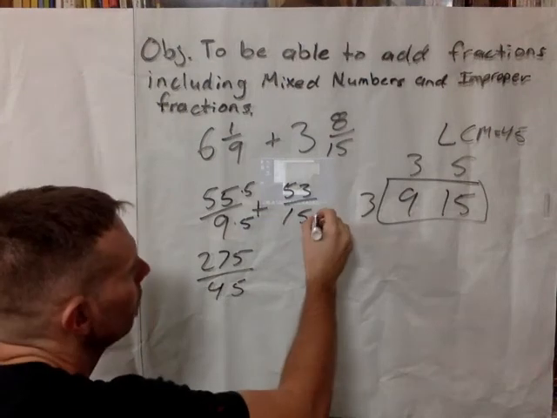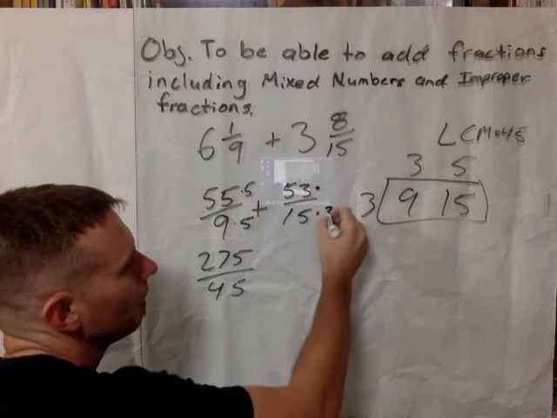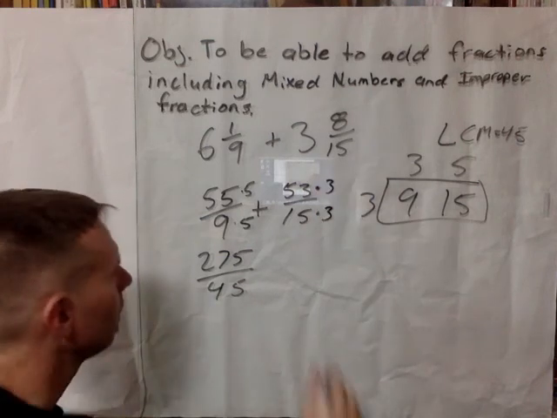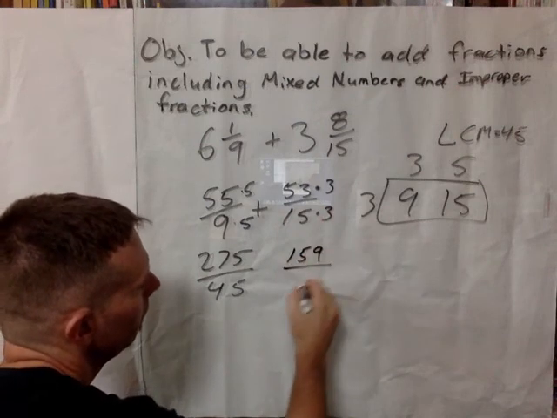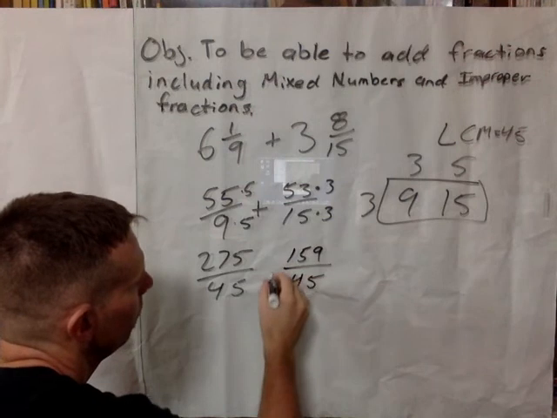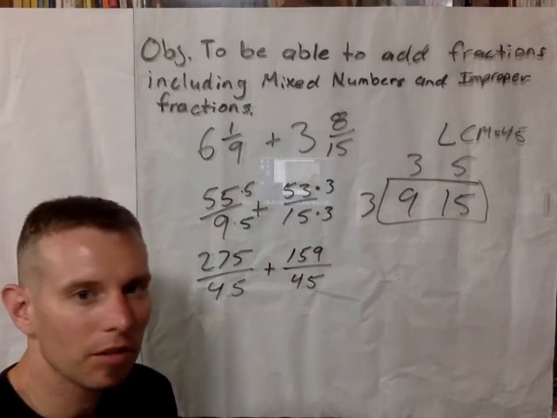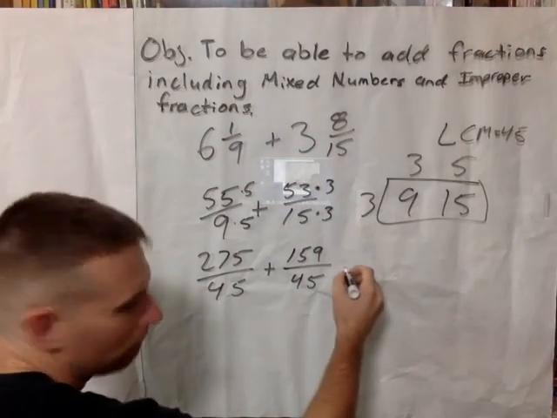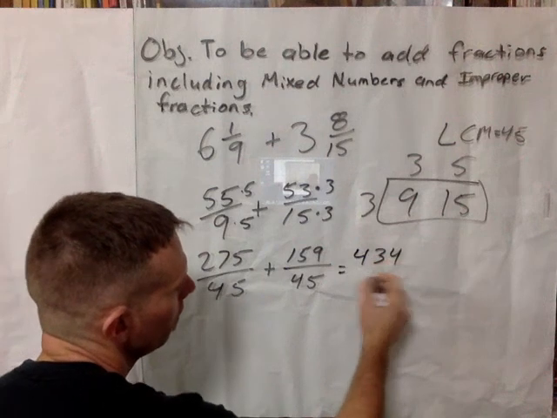Now, we need to multiply the top and the bottom of this to get the denominator to be 45. Needs to be multiplied both times 3. I believe 53 times 3 is 159 over 45. Now we're going to add 275 plus 159, and we're going to get the result of 434 over